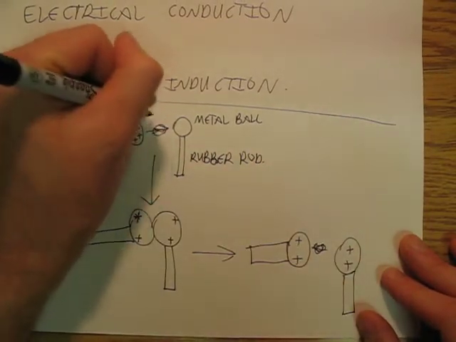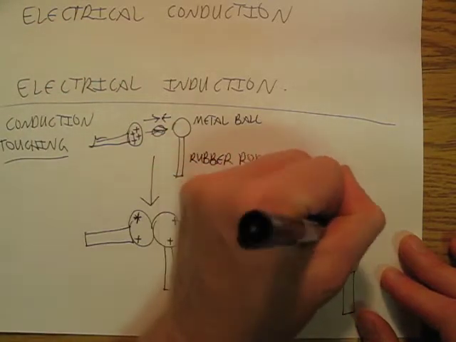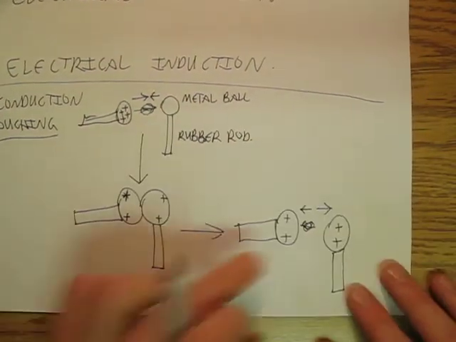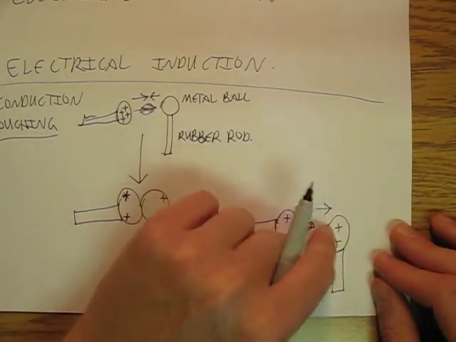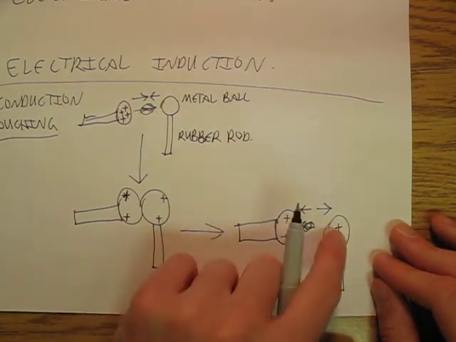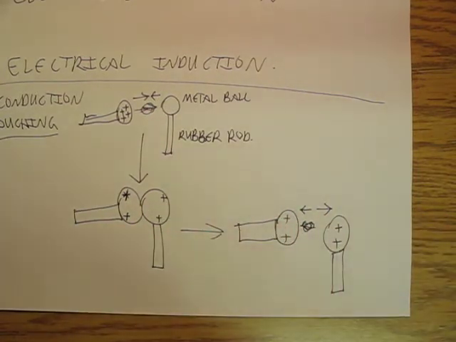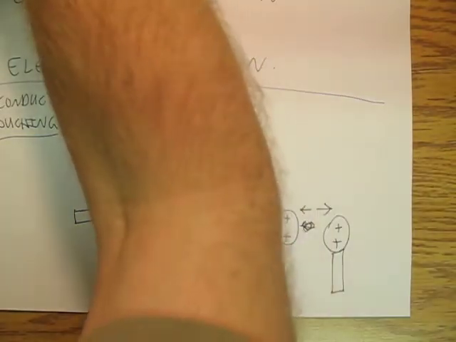So let's see, how do I want to put bringing them together? That's bringing them together. That's pushing them apart. So I pull them apart, and now I've left some charge on this one that migrated over from that one. So that's conduction. So then induction,